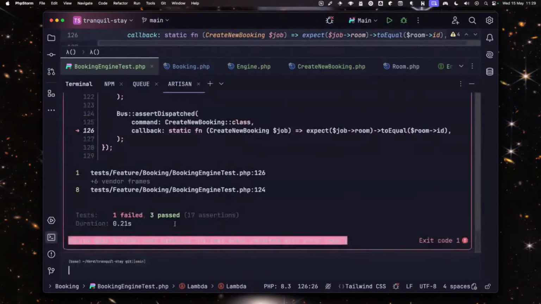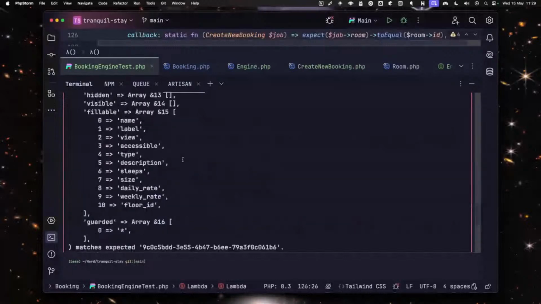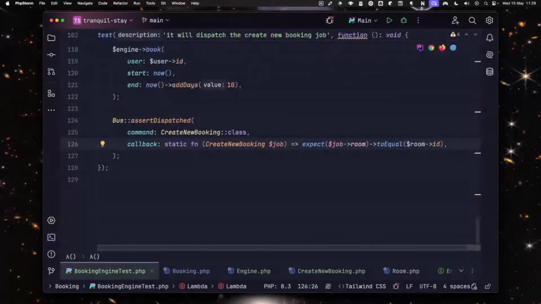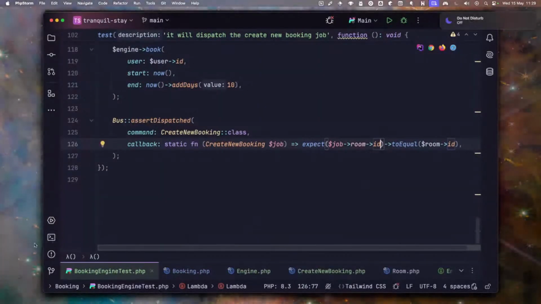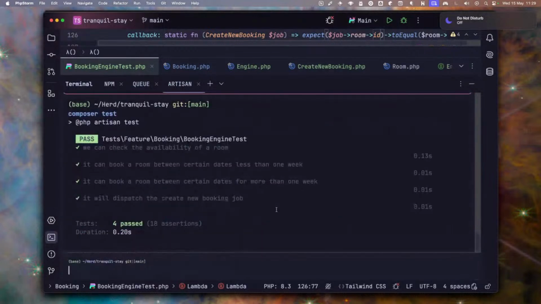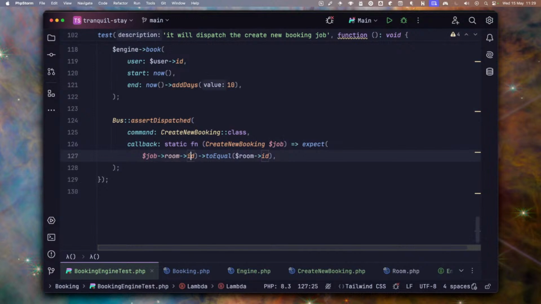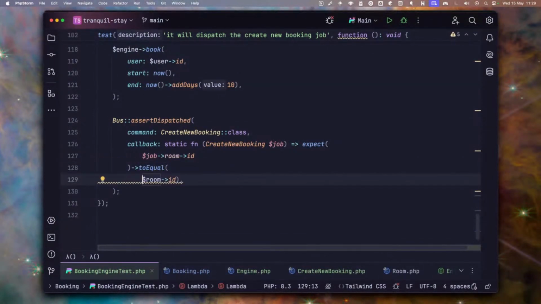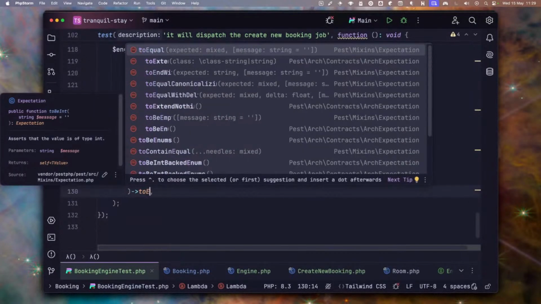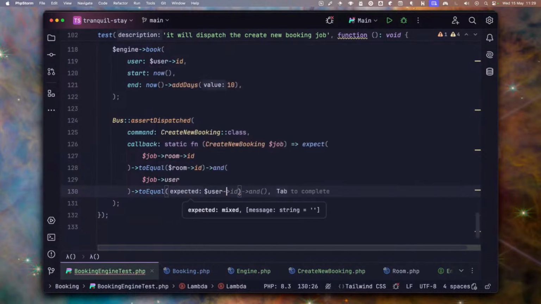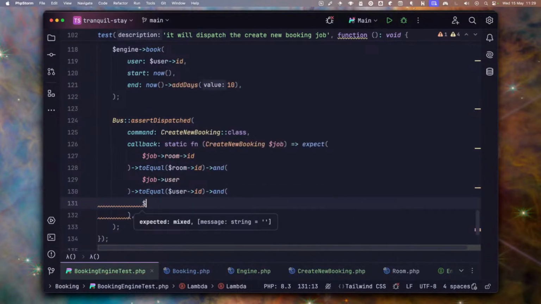Test. No. Huh? What? Oh, wait, no. Room. Job room ID. Let's just check the IDs. There we go. So we are good. We know that this is working. So we're expecting that to equal this. And let's just chain it. And job user to equal user ID and start